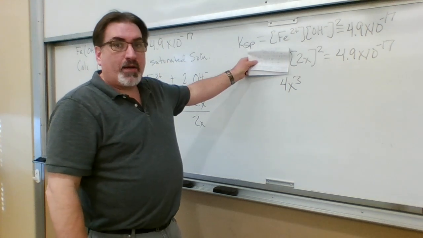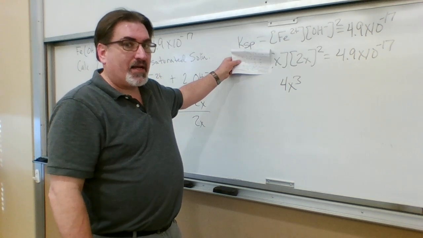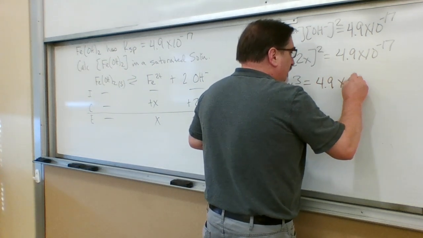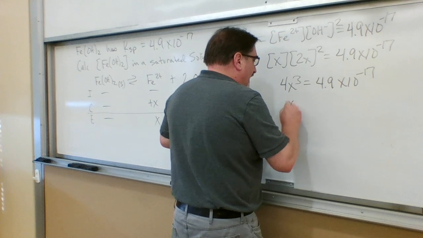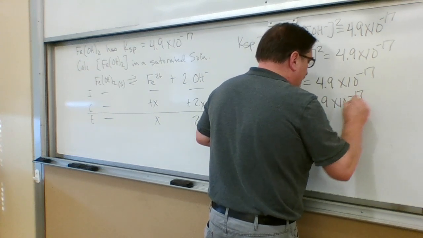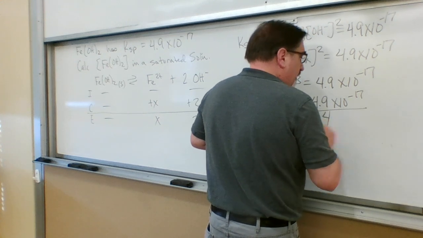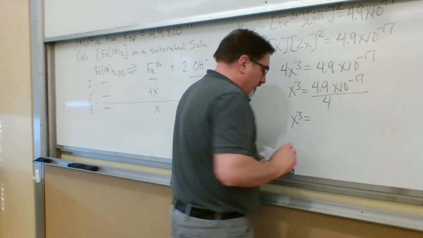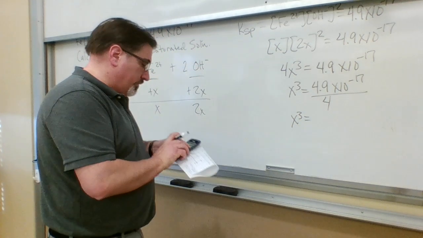We get 4X squared from that times X. 4X cubed is 4.9 times 10 to the minus 17th. So X cubed is 4.9 times 10 to the minus 17th over 4. So X cubed is equal to